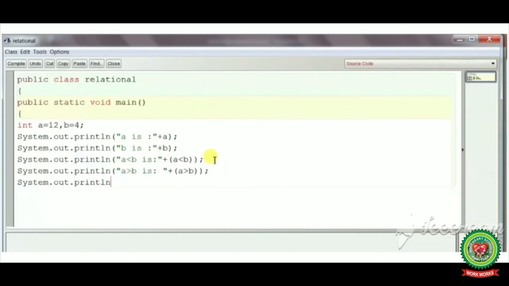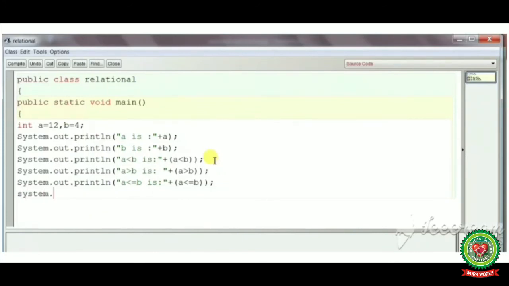The next operator is less than or equal to. A less than equal to b is colon, double quotes close. Whatever we have written in the double quotes, the same message will be printed on the screen with the value, meaning whatever the result is, true or false.